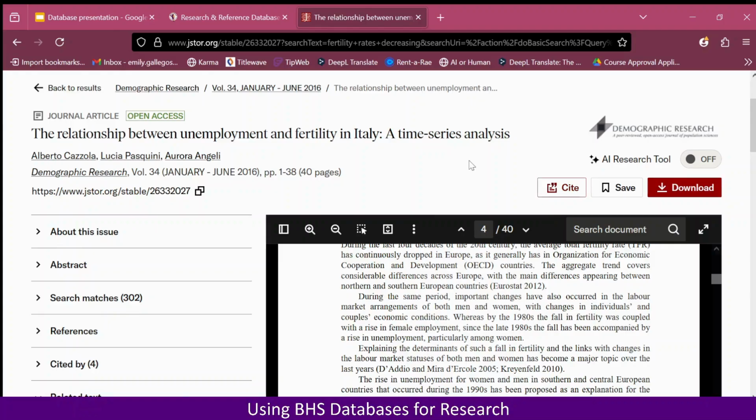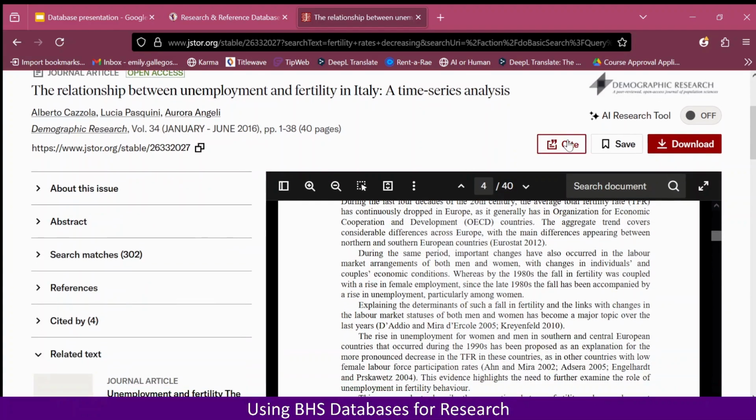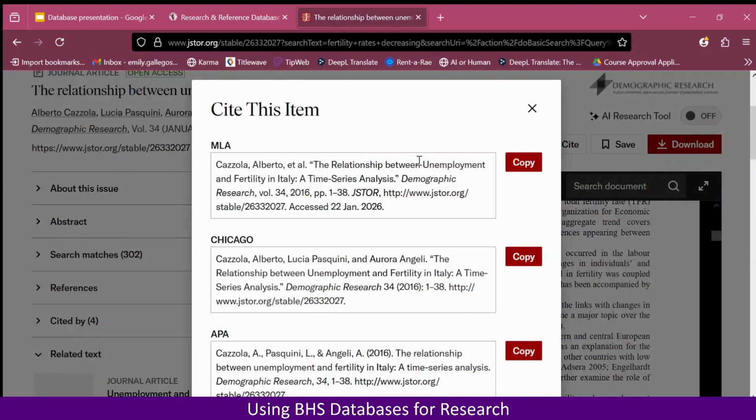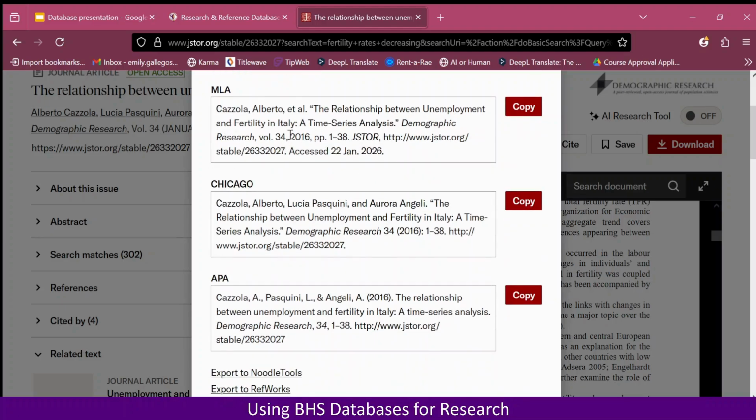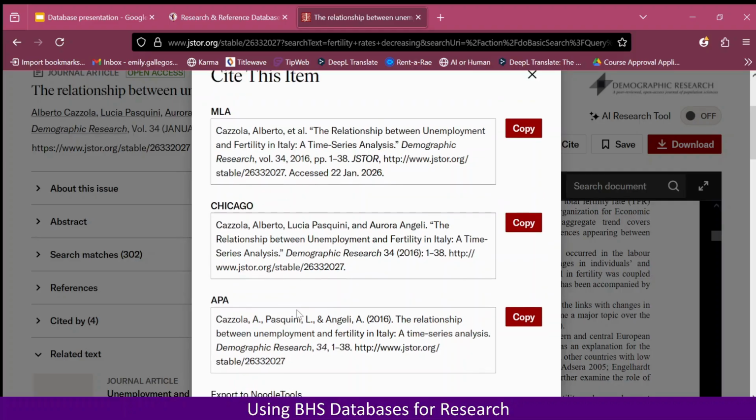So, I'm going to click on this little button here that says Cite. And we are going to see a number of different automatic citations that have been generated for us by JSTOR. Now, I will say, these are not always perfectly accurate. These citations often have issues,